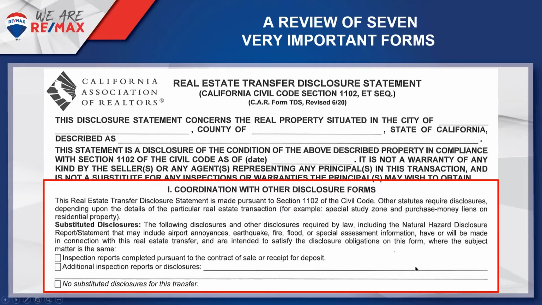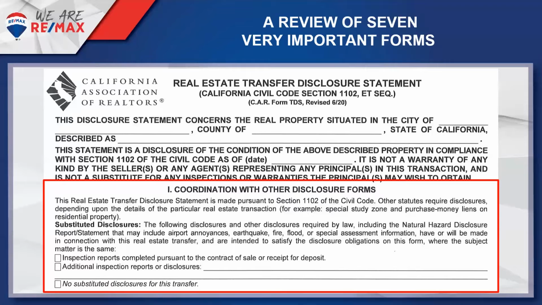But civil code does require you, Mr. or Mrs. Buyer Agent, to do your AVI as well. And we document that on an AVID. Hope that didn't confuse anyone. But sections 1, 2, and 3 must be complete or you haven't delivered a TDS. So section 1 discusses substitute disclosures. Now, the problem with the phrase substitute disclosures, and you get a bit into the weeds, don't get hung up on it. When the TDS law was passed nearly 50 years ago, I think,